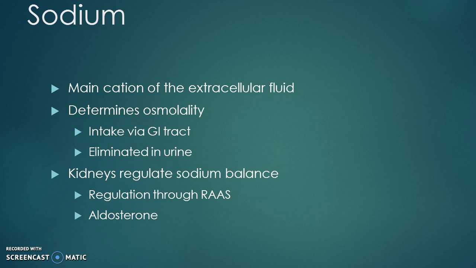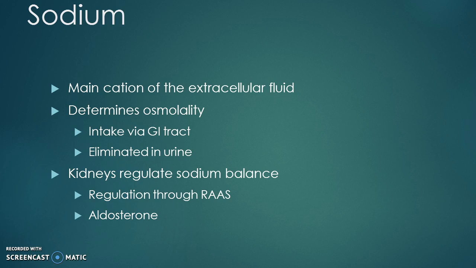The kidneys, if there's not enough circulating volume, will initiate the renin-angiotensin system, which also will stimulate aldosterone, which causes us to save sodium and to save water. The renin-angiotensin system is based on our blood pressure. If this is a problem for you guys, then you're going to need to look at your